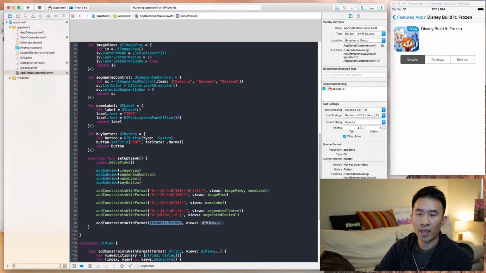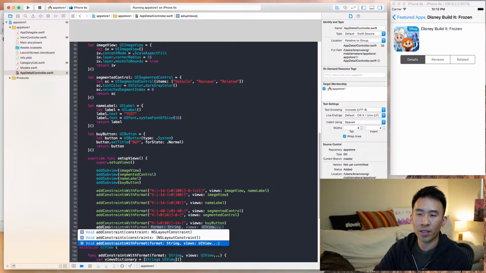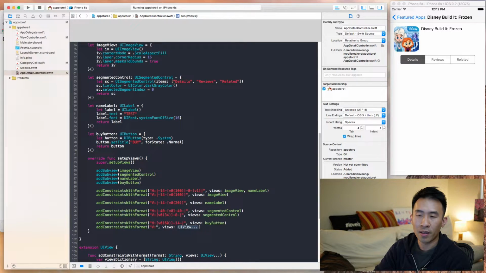So use constraints of horizontal, and we'll say, okay, v0 has a horizontal width of, let's say 60, and it is 14 pixels from the right edge like that. Finally, set the buy button as the view. And for the vertical constraints, we say v, and let's just give it a height of maybe 32. I think that's probably good. And for the bottom, we actually need to be above this segmented control. So we can do